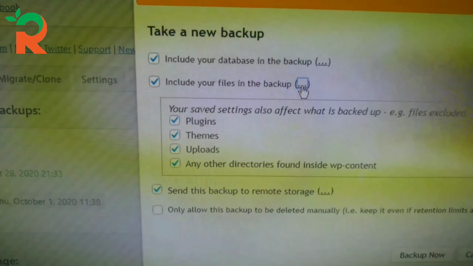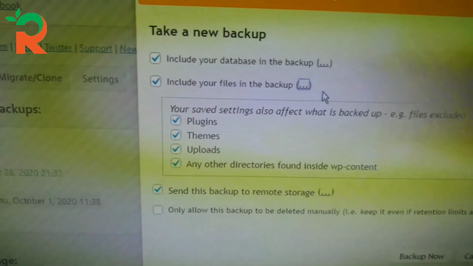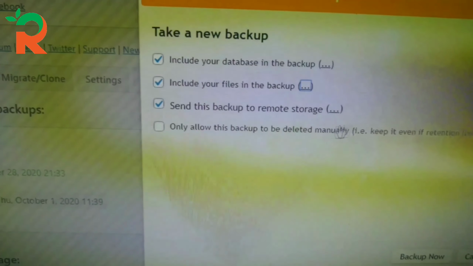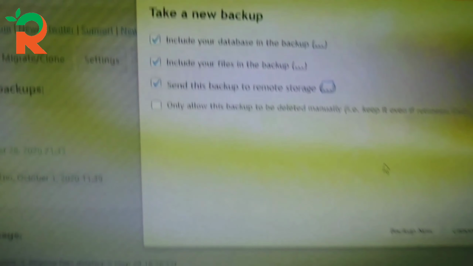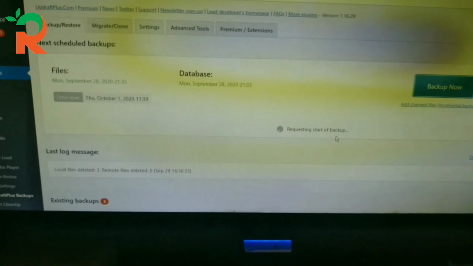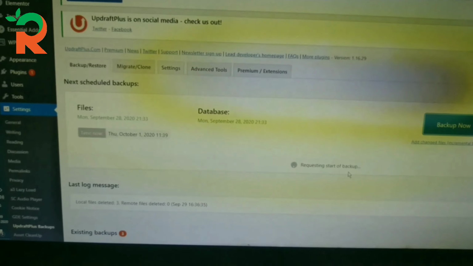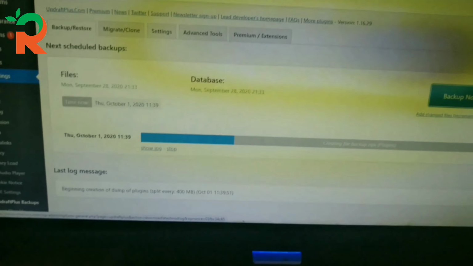If you click on these 3 dots, you can find that plugins, themes, uploads and any other directories are being backed up, and send this backup to a remote storage. All these are enabled. So we will give the backup now command now. Okay, so it started based on the command that we have given. Initially it is moving very fast.